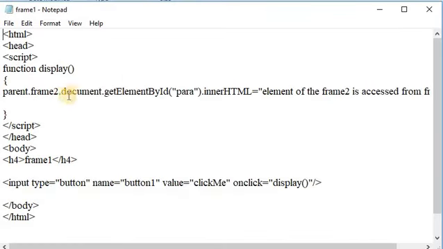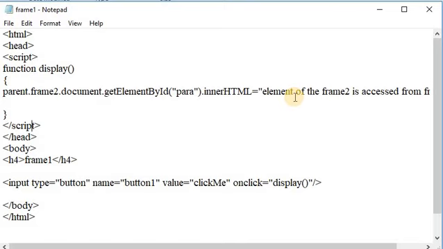This is the frame 1 file. In the frame 1 file, first of all I am creating one display function, and in that function the statement is parent.frame2.document.getElementById, where para is the id property, that is, the name of the id, .innerHTML. It is used to access the p tag, that is, the paragraph tag which we have taken in the second frame, is equal to "element of the frame 2 is accessed from the frame 1".